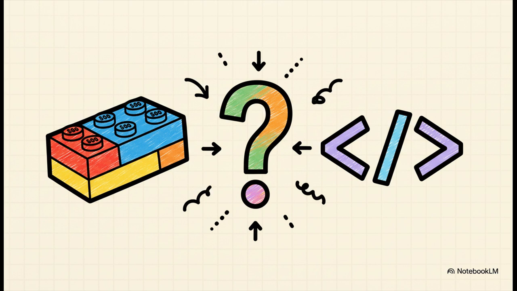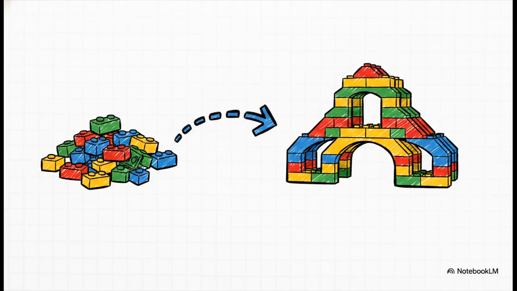We're starting with something pretty familiar, right? Lego bricks. But what on earth could these colorful little plastic blocks have to do with writing software? Well, as it turns out, pretty much everything. Think about it. You can take these simple individual bricks and combine them to build some incredibly complex, amazing structures. And that's exactly how great code works. It's all about starting with small, well-defined building blocks to create something powerful and, most importantly, something that's easy to